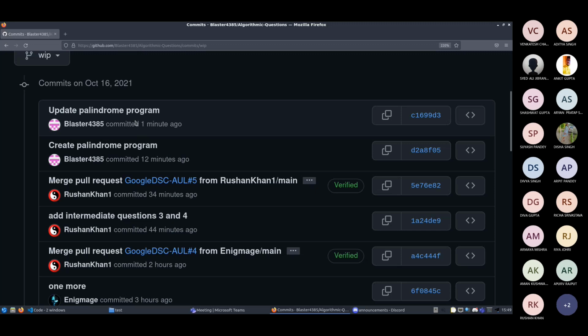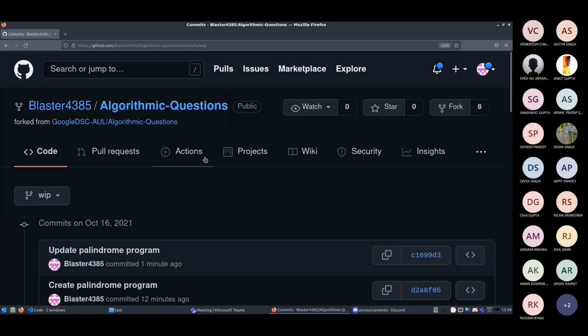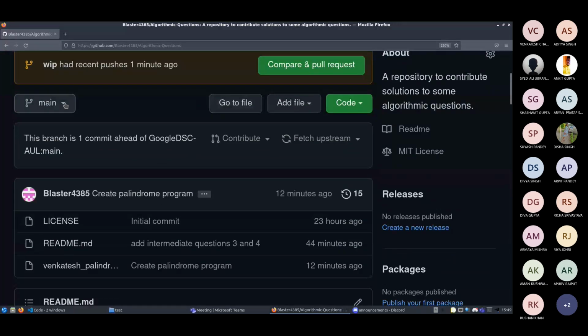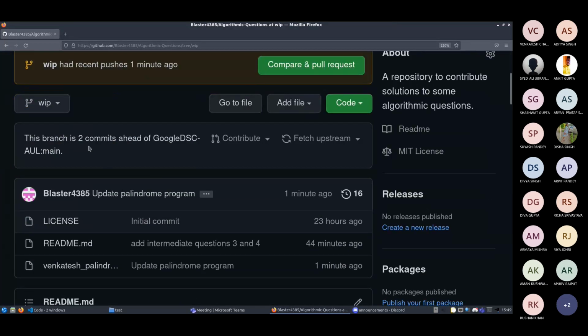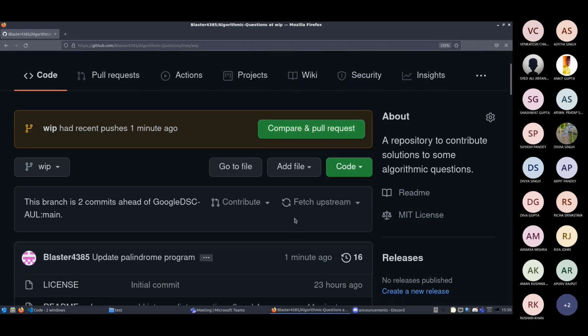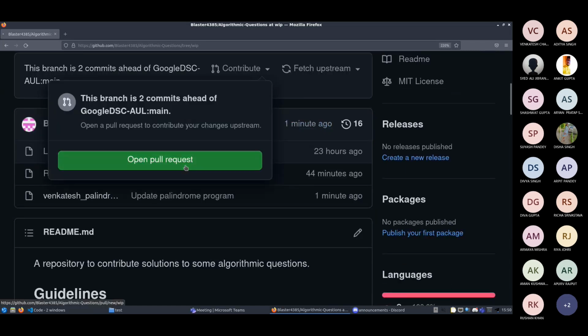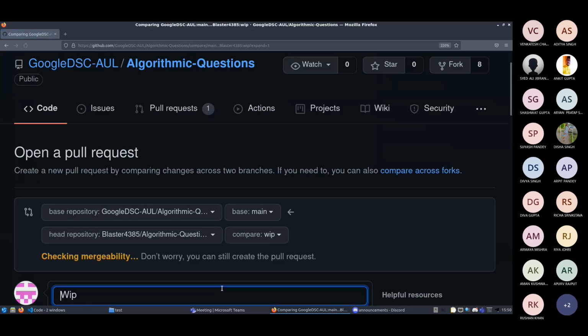These messages don't make much sense, so please make sure to create meaningful commit messages. And then again, I'll go here. I'll go to the WIP branch. It says this branch is 2 commits ahead of Google DSC. So again, what I'll do is I'll click on contribute, open pull request.